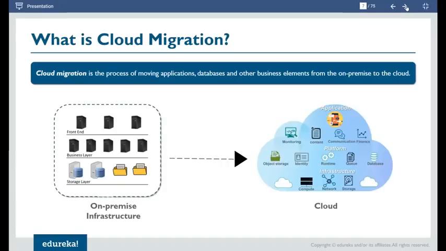So to overcome all those challenges, industry came up with the concept of migration, and that's what we do when we migrate. We move from our on-premises towards the cloud. We try to have similar kind of infrastructure hosted in the cloud and try to run our similar applications on cloud rather than running it in our on-premise, right? So cloud migration is the process of moving application, database, and other business elements from your on-premises towards the cloud. There is no other definition of it, because migration in general just means movement, right? So all the infrastructure which you were running in your on-premises, you shut down, and have your infrastructure running from your cloud.